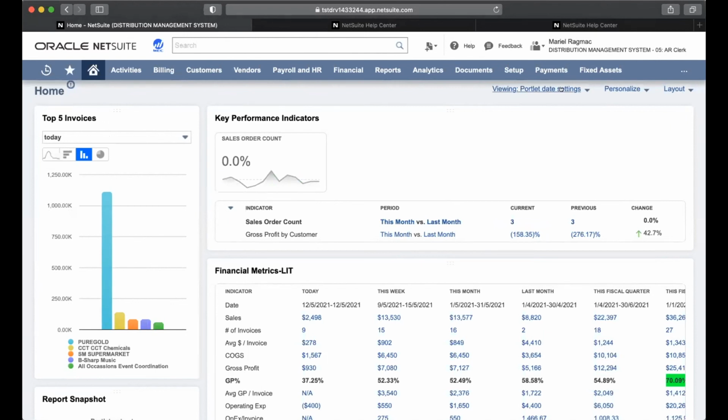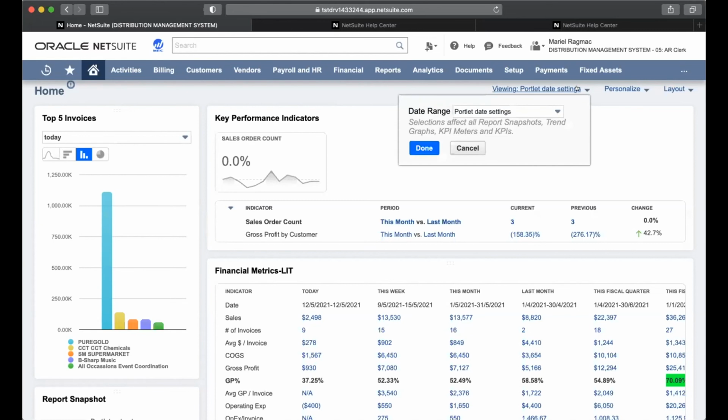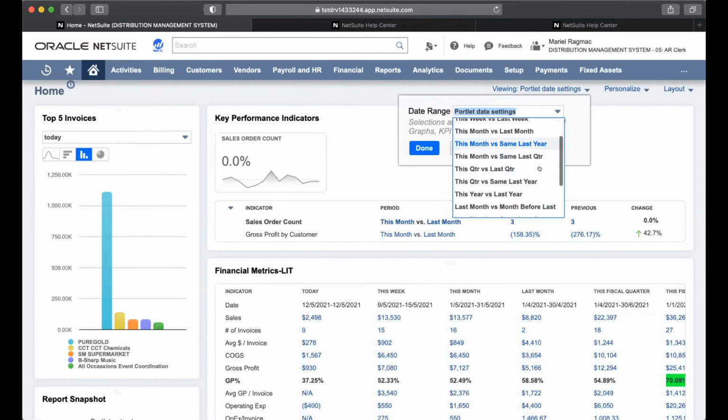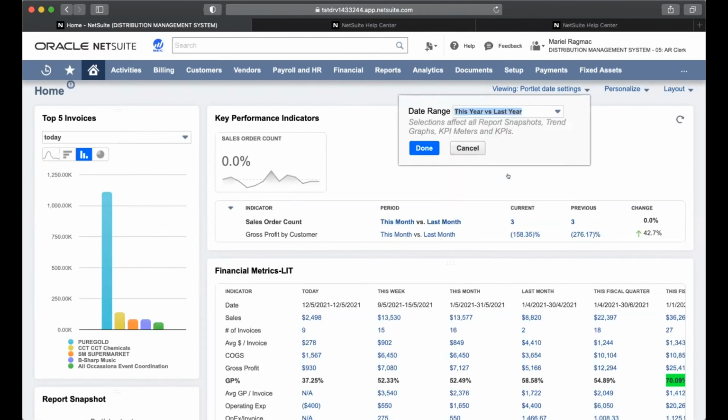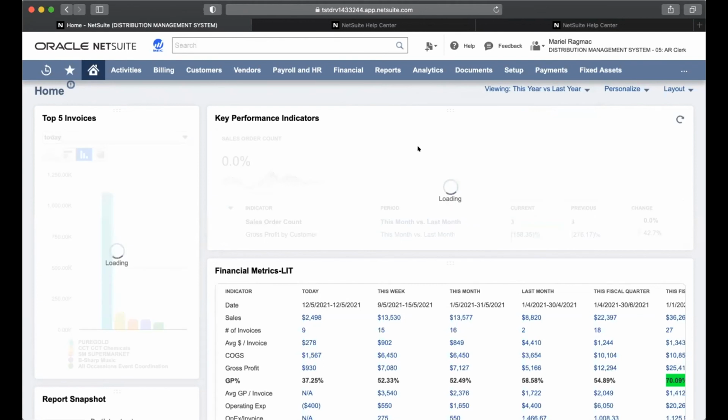So the viewing. Right now, all of the data in my portlets is showing the period comparisons based on the periods that are selected in the portlets or how the KPIs were set up. But if, for instance, you want your key performance indicators, your trend graphs, your snapshots to be showing the same period comparisons within your dashboard, you can also set it up that way by changing it. So if you click on the menu and then click on the options, and if I change this to, for example, this year versus last year, and click done,